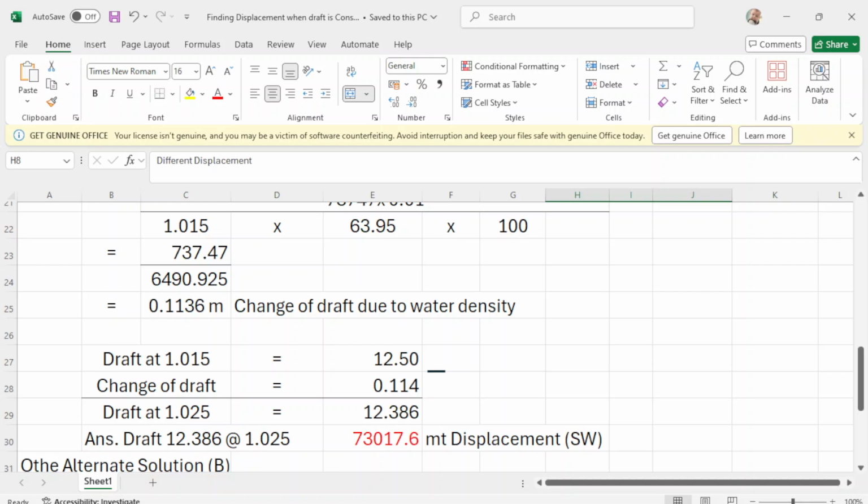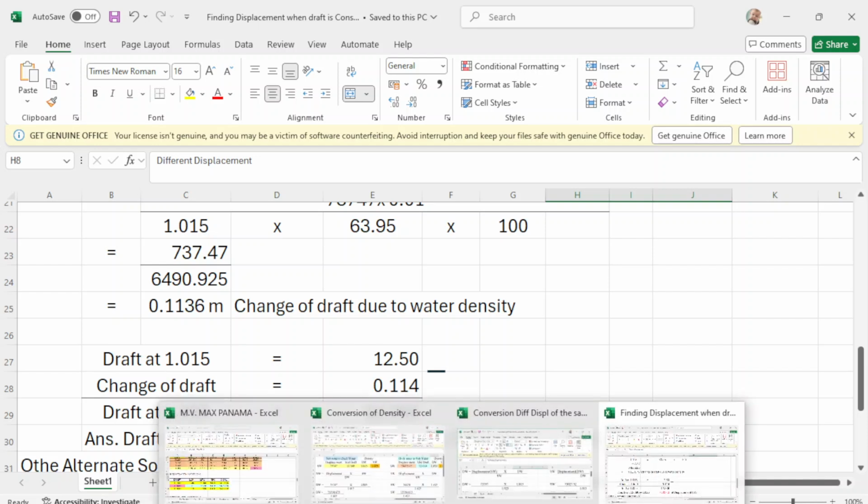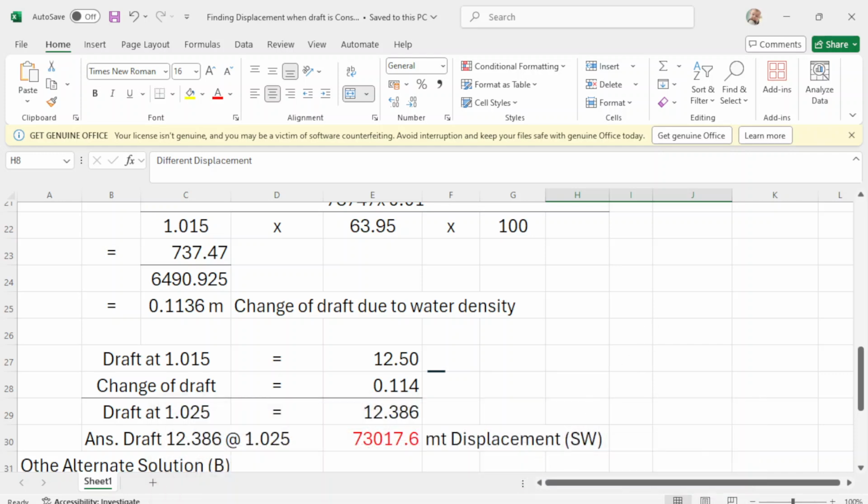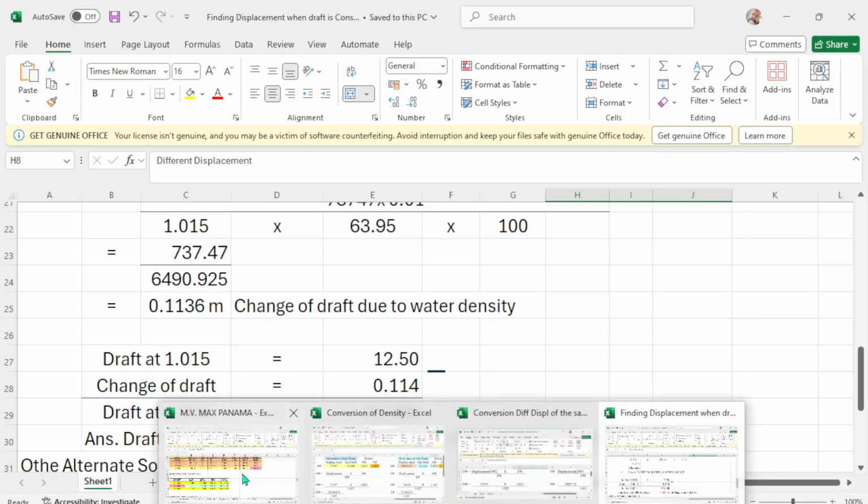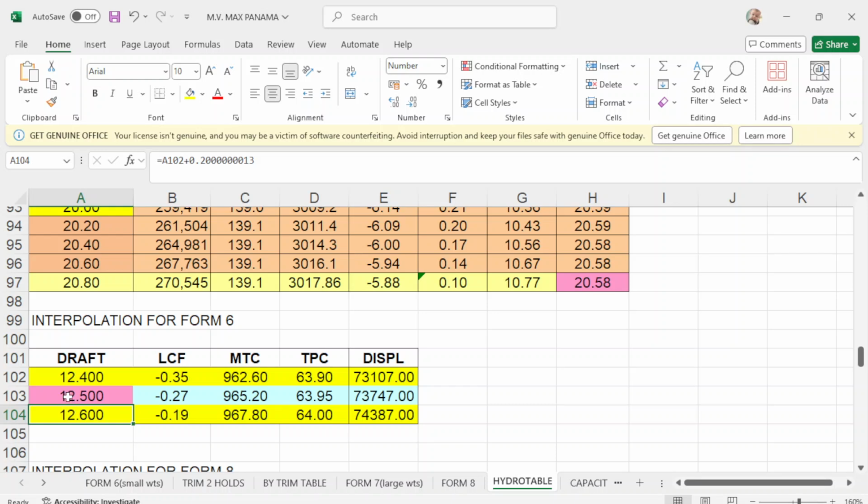Okay, and what will be the displacement at this draft of 12.386? So we go to the hydrostatic table, to the draft of 12.386. What will be the displacement? The displacement will be 73017.61.